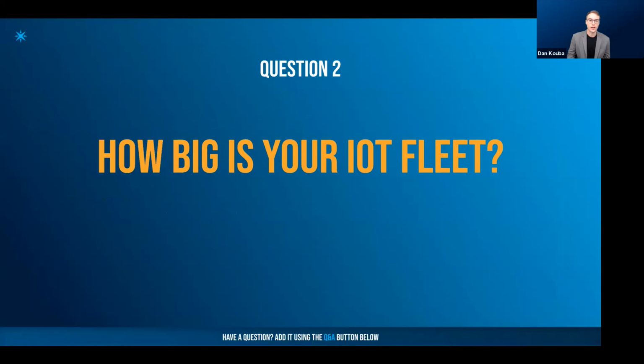So I'll ask another question here because there's good context for this. I promise there won't be too many of these. Caroline, if you wouldn't mind launching the second question. I'm just curious, a lot of you are new to Particle, and I'd really like to know how large your IoT fleets are if you have them. And of course, there's the escape hatch if I don't have one today, and that's totally fine.